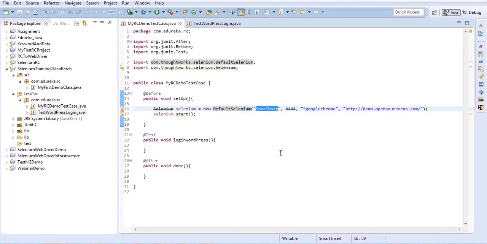What is your first parameter? On which system you want to run. Okay, this request is going to be,